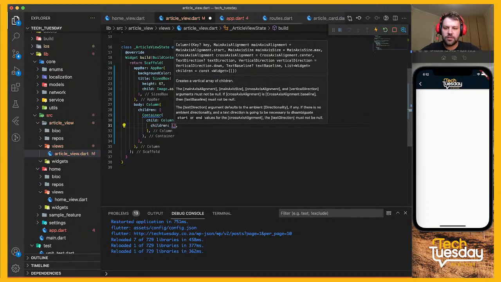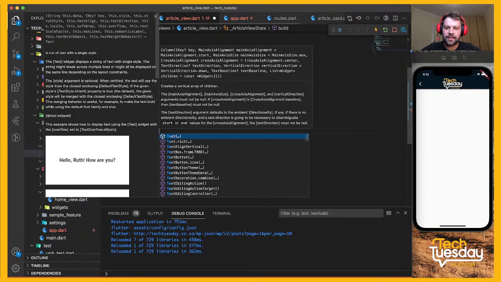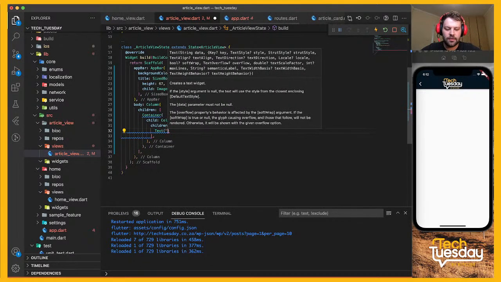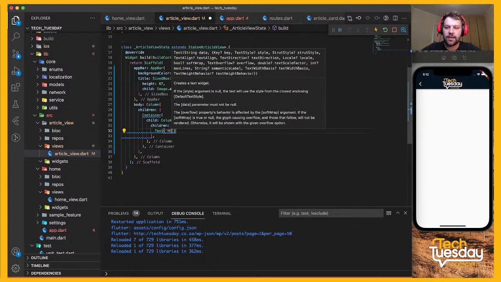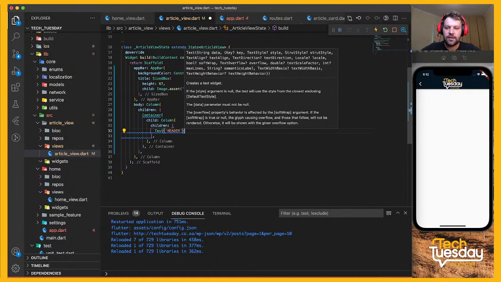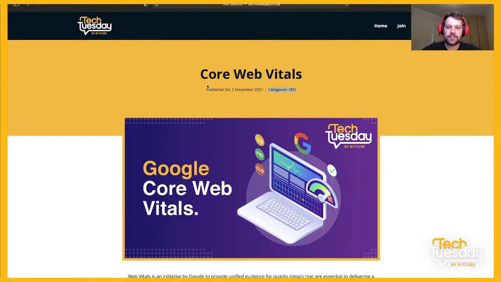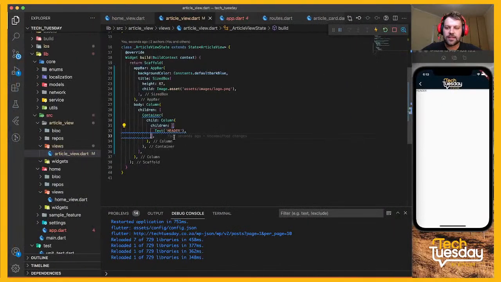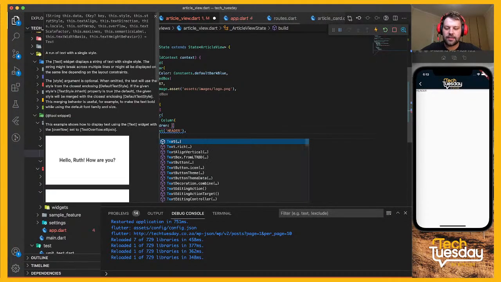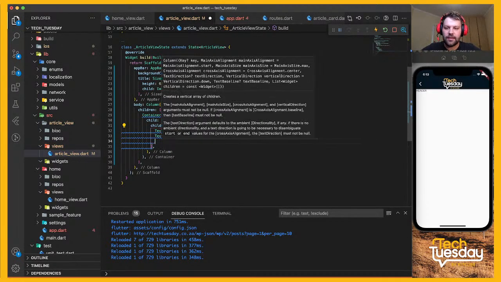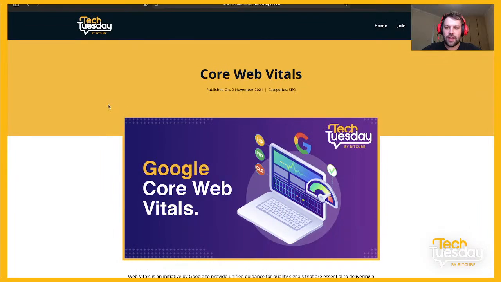It will have children. The first one will be a text that will be our header. So we'll just add in, I just have to remember my single quotations, we'll add in header so we know where it is. Next we'll have our date section, so let's add text again. We'll have in date, and then lastly will be our